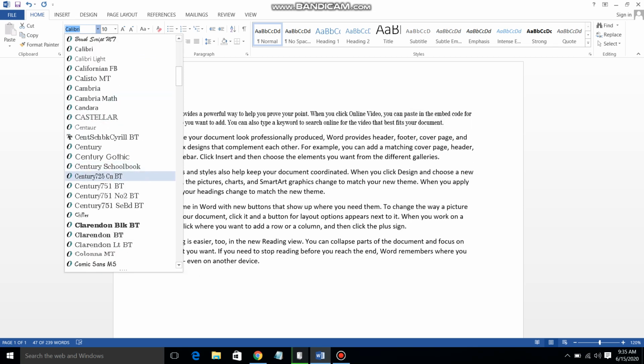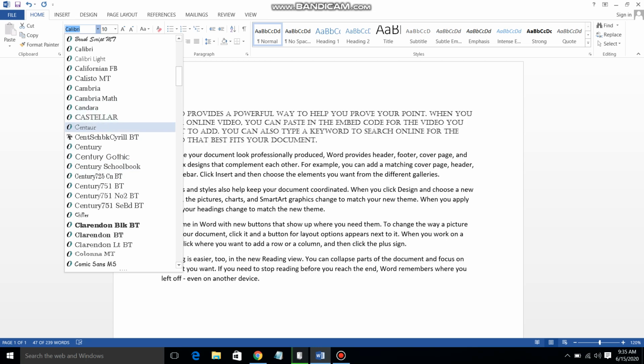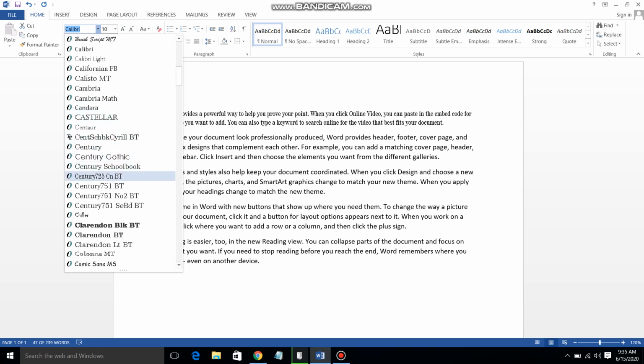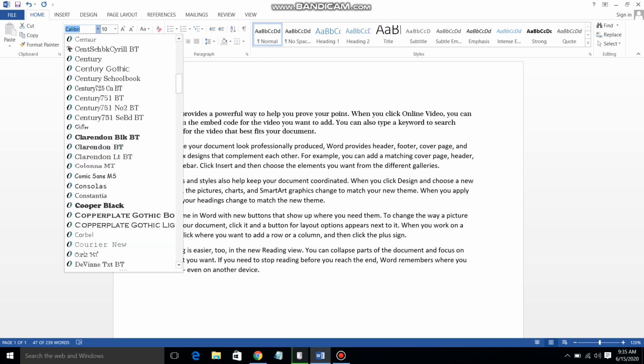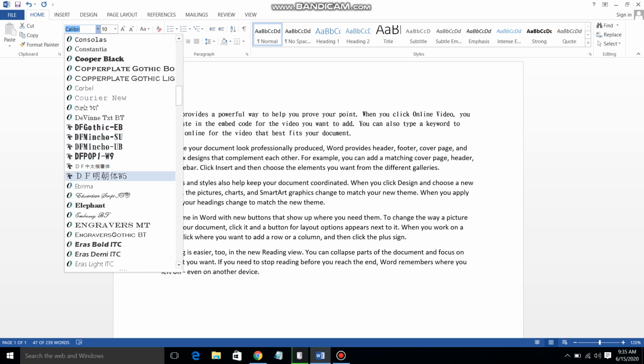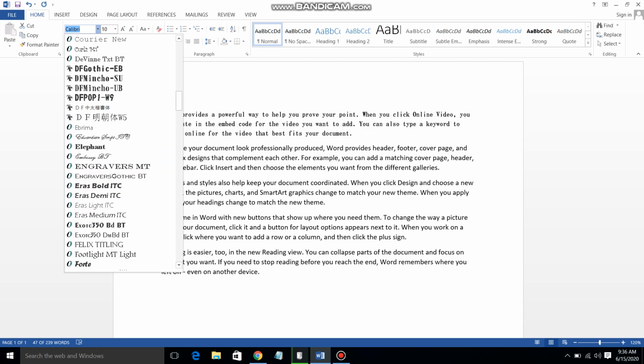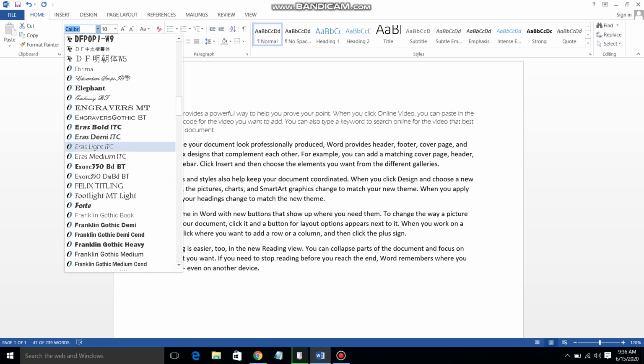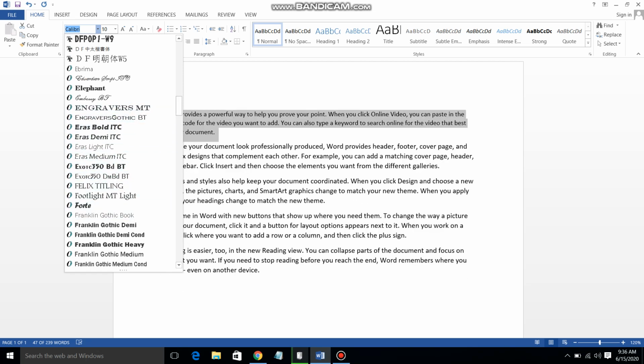You will see the different font styles from A to Z categories. See, you will see the effect on the text. See different names available here. Okay, so you can use any name according to your requirement. Understand? So you can give different font styles here.